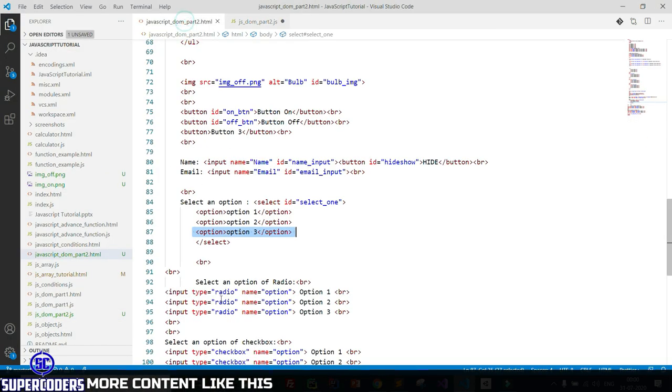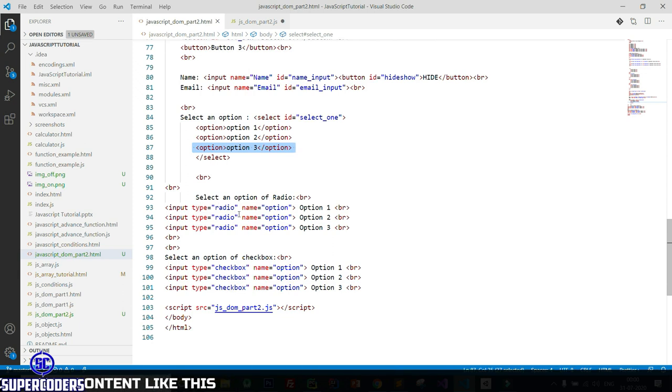Now let's see how you can select or check a radio button using JavaScript. Also let's see one more thing, how you can select an element using attributes and value. Earlier I showed you how you can select an element using id, tag, class name, but now let's select the element using attributes and value. So here I am selecting elements using attribute type and value radio. So let's see how you can select this item also.